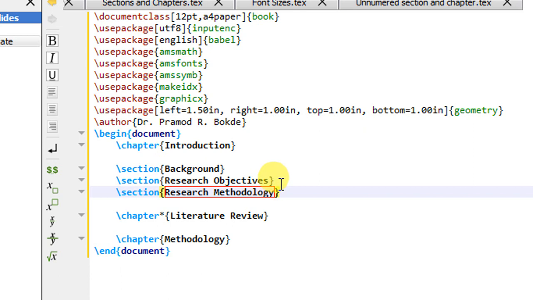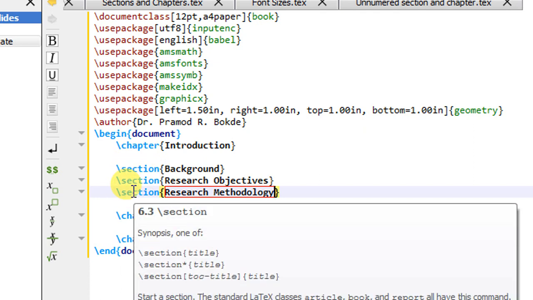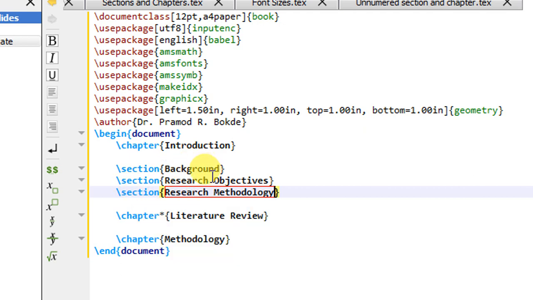Now here, as expected, in chapter number 1 we have 3 headings or 3 sections. These headings or sections are going to be numbered automatically. That means in chapter 1, background will be numbered as 1.1, research objectives will be numbered as 1.2, and research methodology will be numbered as 1.3.